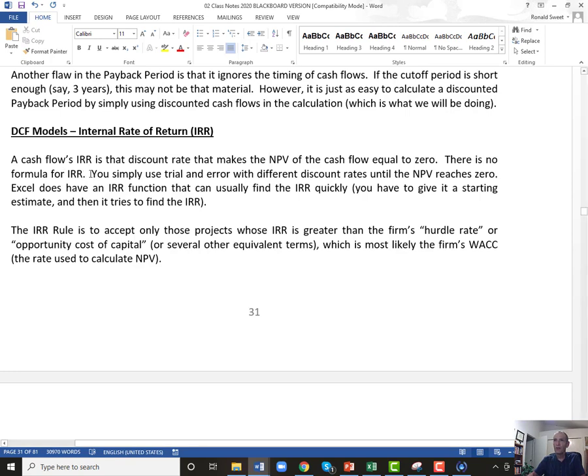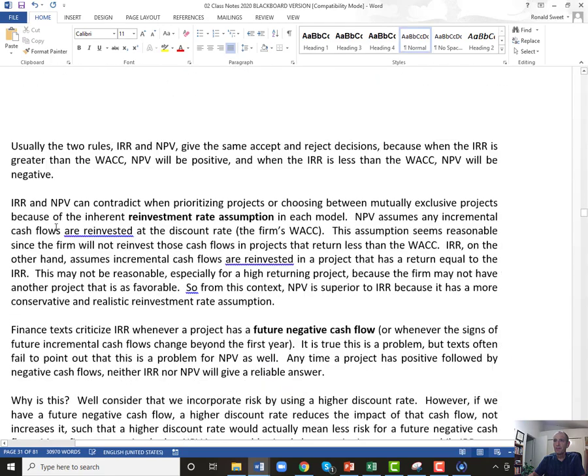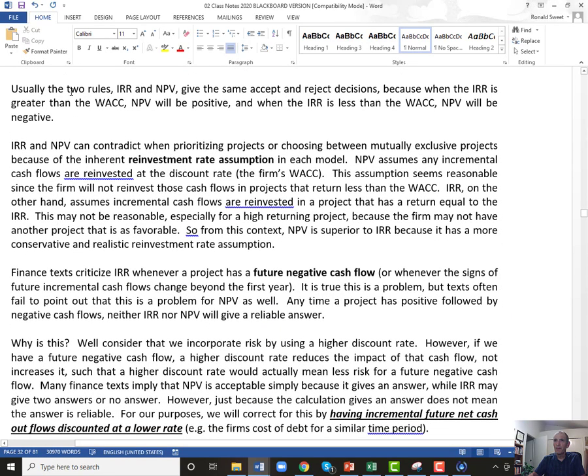So there's no formula for net present value. In Excel, you just enter the XNPV formula. The rules are usually consistent. Some people say, well, if net present value is positive and IRR is greater than the cost of capital, maybe